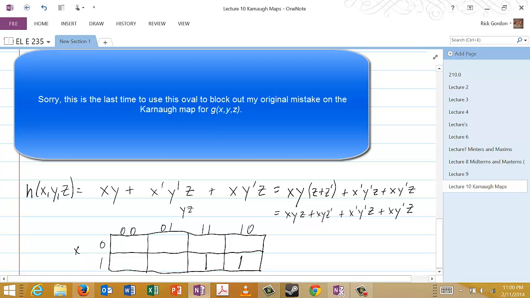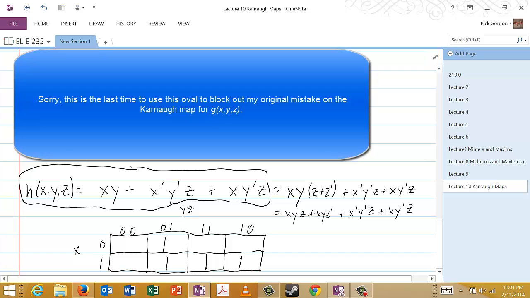For the next term, 0, 0, 1, which would be here. X is 0, y is 0, z is 1. And finally, for the last one, 1, 0, 1. So that would be here. X is 1, y is 0, and z is 1. So you can see that in this case, this function here, which has just 3 terms in it, actually will correspond to a Karnaugh map with 4